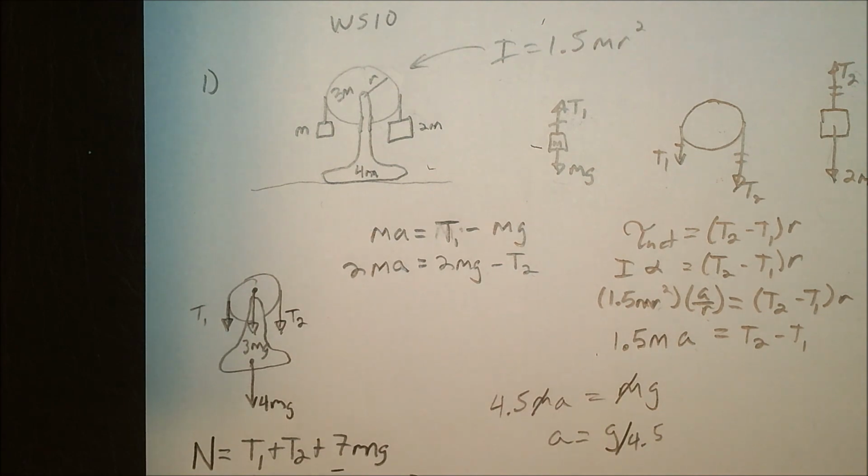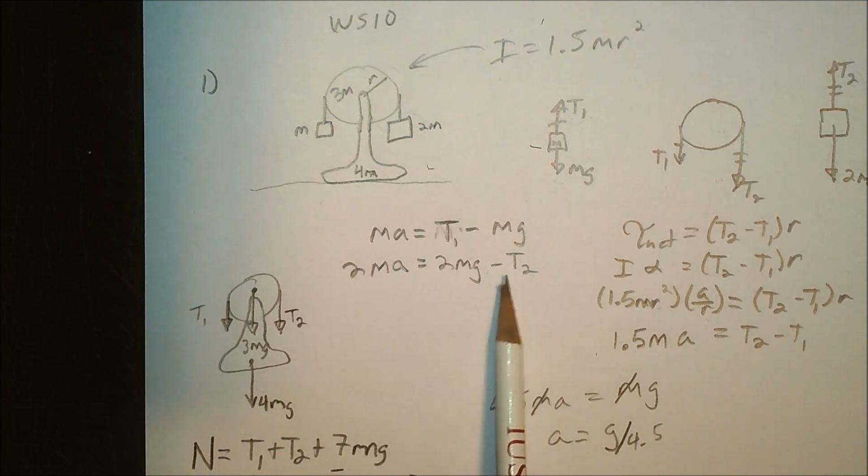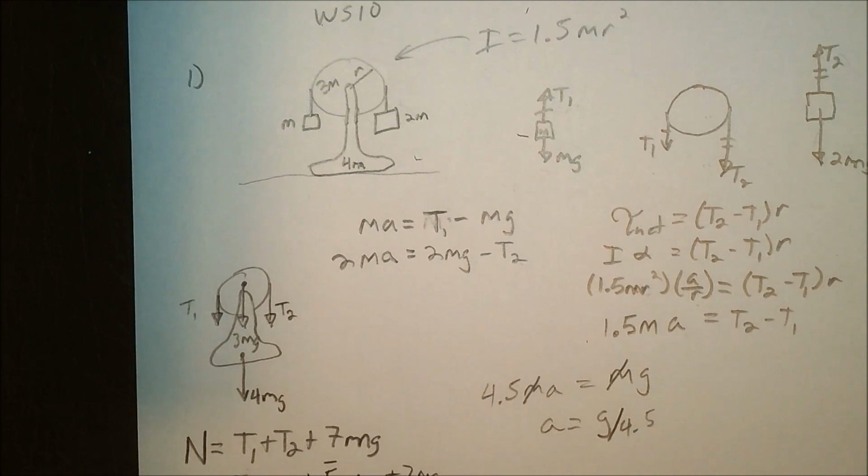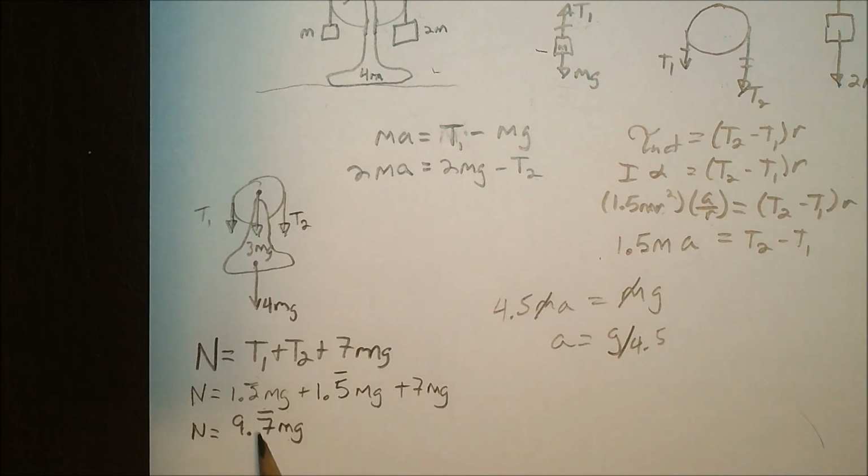Remember I said that you could plug in for A to figure out T1, plug in for A here and solve for T2. And so from this equation, plugging in those values, T1 is 1.2 repeating mg, T2 is 1.5 repeating mg, and then 3 plus 4 mg with 7 mg. Add that together, I get the normal is 9.7 repeating mg,